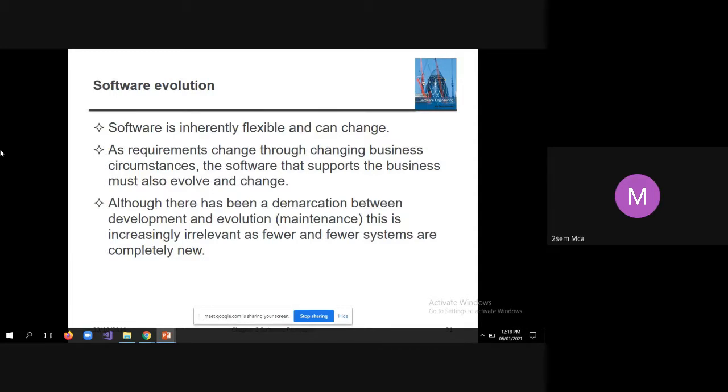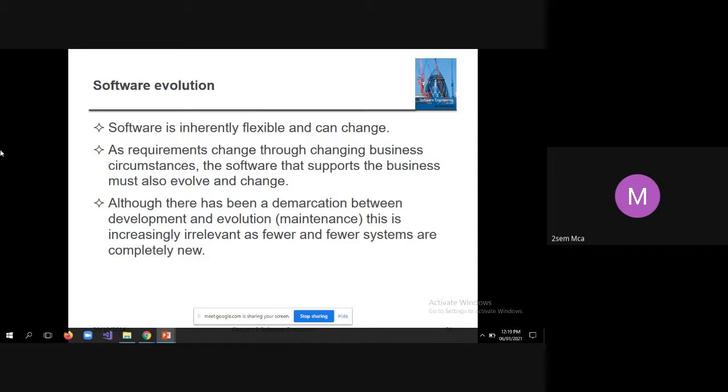Then after using it for a certain period, the client may identify some bugs which have to be rectified by the development team. Then the software company has to rectify the bugs. So that is one aspect. Another aspect is, if the client company feels we need a few more functionalities to be added, then they will raise that request. Once again, that will be implemented, tested and delivered to the client.